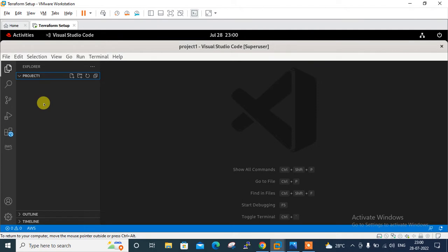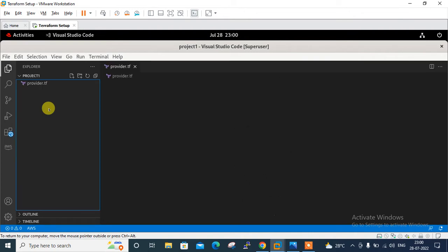Before starting work on Terraform, we have to create a provider file first. For the AWS cloud provider, in my case I'm going to launch an EC2 instance on AWS cloud in the Mumbai region. So I create a file and put a few entries where I mention my provider and region. So right click, make a new file, provider.tf. The name could be anything, but the extension should always be .tf, Terraform format,